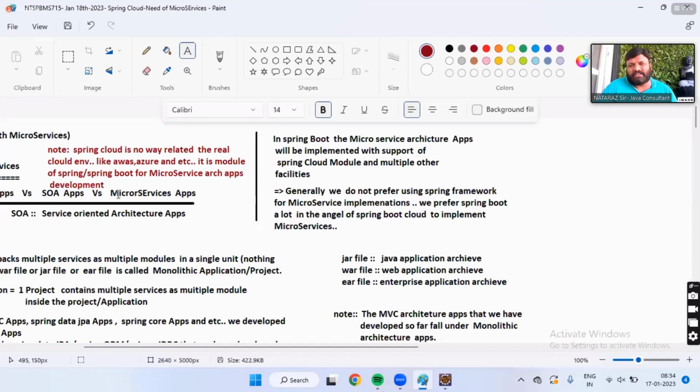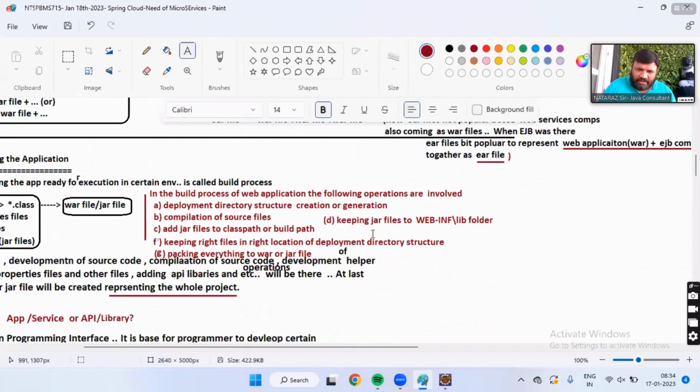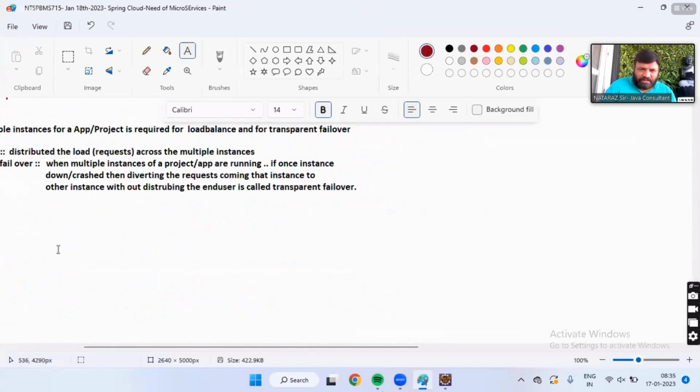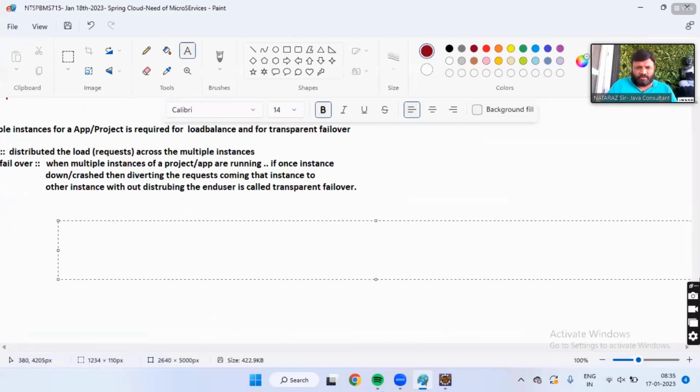As Spring people are having an alternate to AWS, that is PCF, Pivotal Cloud Foundry. But now they stopped giving support.